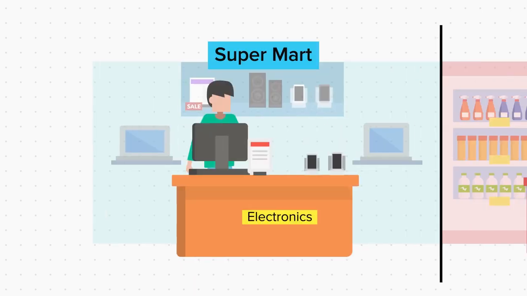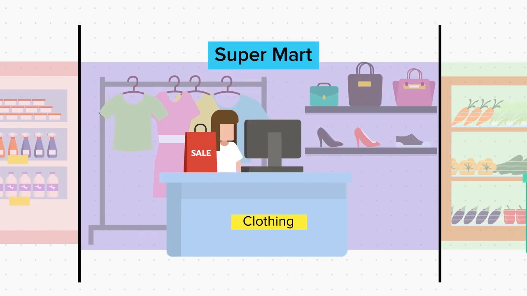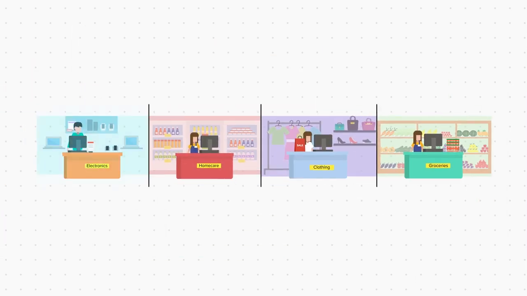Let's say a supermart has different counters for different products. One for electronics, one for home care, one for clothing, and another for groceries. Now, each counter is providing a different service. They are all selling different things. These counters are like ports. Similarly, all our devices, that is all clients and servers, have ports. These are like these counters in a shop. Different services or applications run at each port and listen to or capture the data and requests coming at each port. Now, let us see what these ports look like.